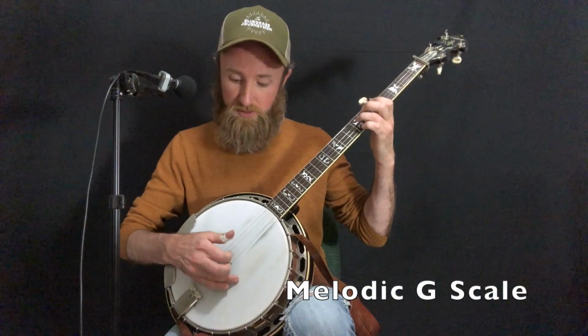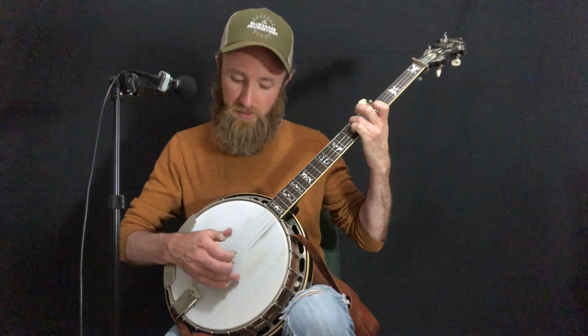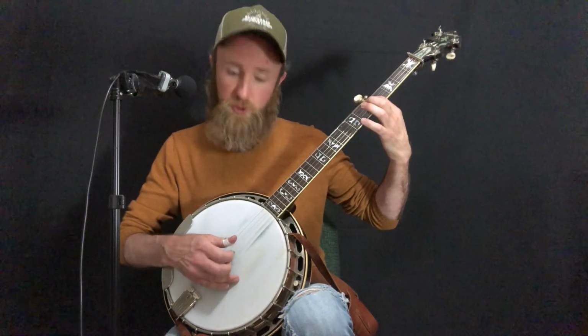So index plucks third string open, and then ring is going on fourth string seventh fret. We pluck with thumb. Index hits second string open, and now we're going to third string fifth fret. We pluck with thumb. Then middle hits the first string open. Then we place our middle finger on second string fifth fret, pluck with index, and then index places on the first string fourth fret. We pluck with middle. And then the octave, the last note, is the fifth string open. So we've got...